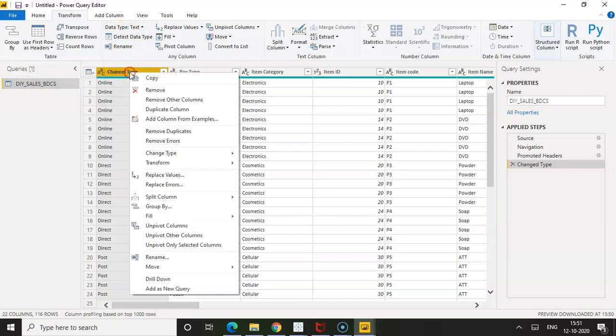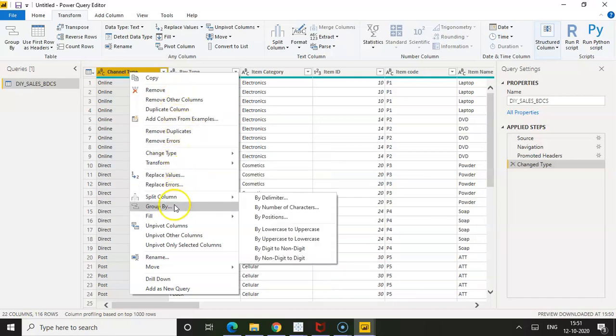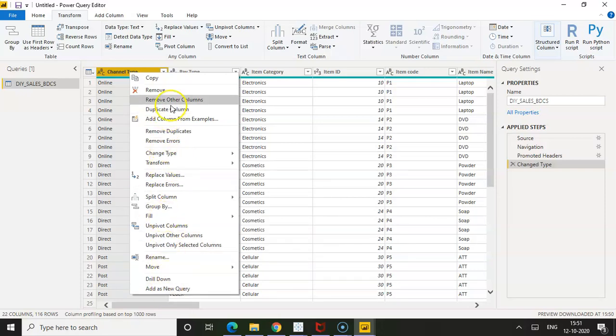If you right-click on each column, you can see these options: copy the column, remove columns, remove other columns, duplicate a column, change the data type, split the column, group by, and so on. Mainly we use rename a column or delete a column. Like that, we will use many options to transform your data according to the needs.